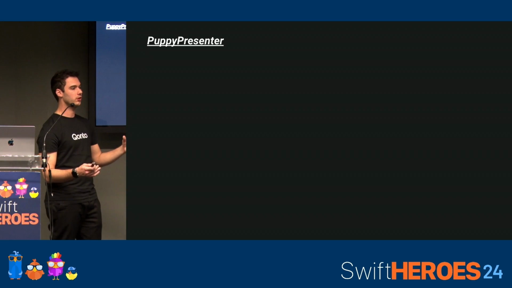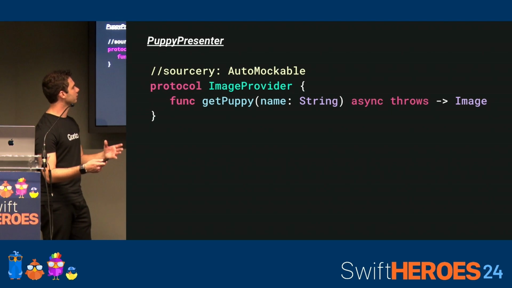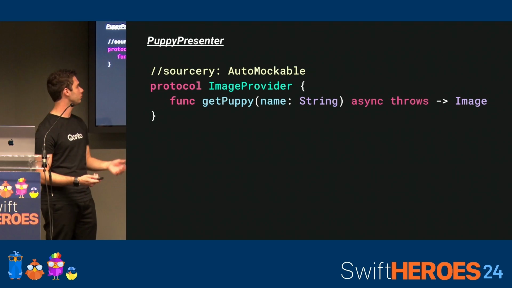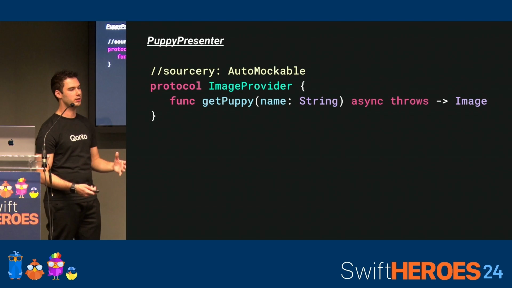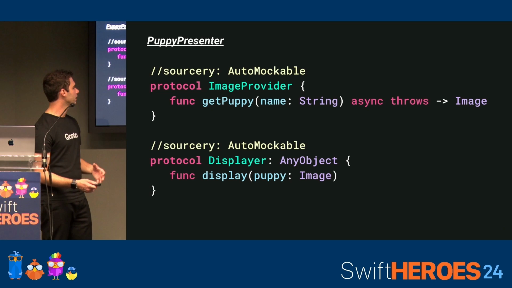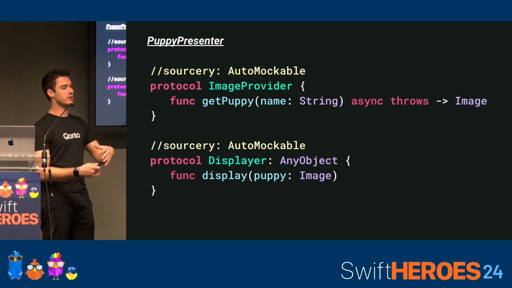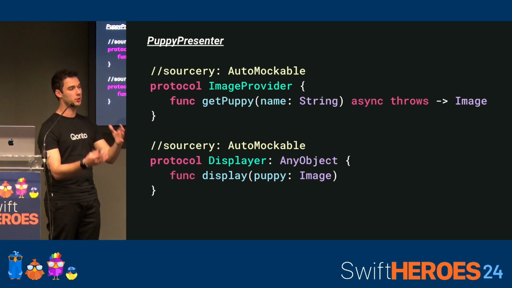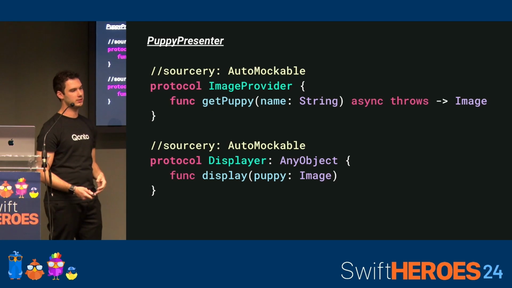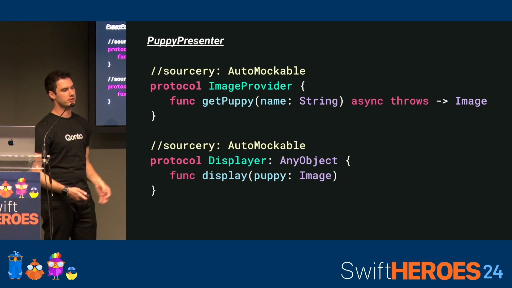We'll start from what we call a PuppyPresenter, which is a simple component that displays images of puppies on the screen. The first thing we do is we create an ImageProvider protocol, which represents the source of our puppy images. And as you can see, it is marked as AutoMockable, ready to be seen by SwiftyMocky. The second protocol we're going to create is a Displayer, which represents our UI. So it has a displayPuppy function that actually displays the image on the screen, and it's marked as AutoMockable